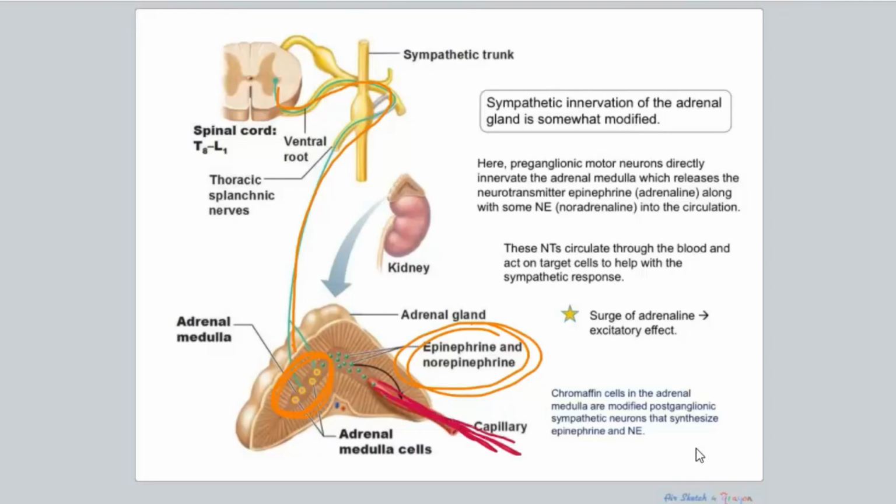And so now what happens is these hormones are traveling through the blood and they're having the same effect as norepinephrine released by postganglionic neurons. So it's another way for the sympathetic system to have its effect. These are more widespread effects here. Okay, that's good for